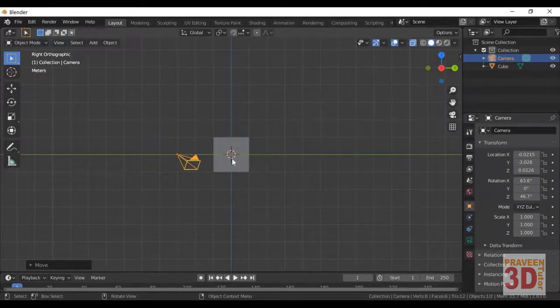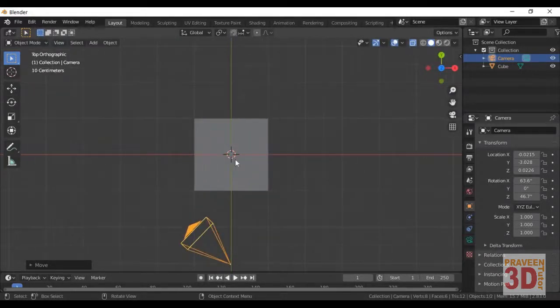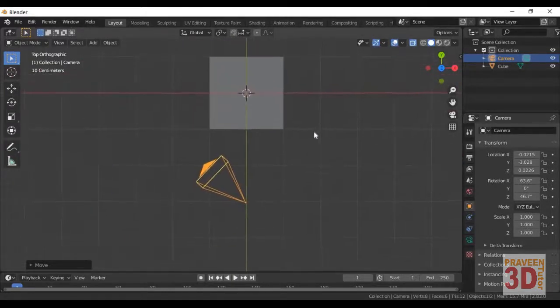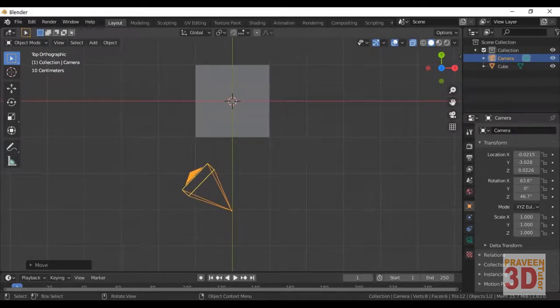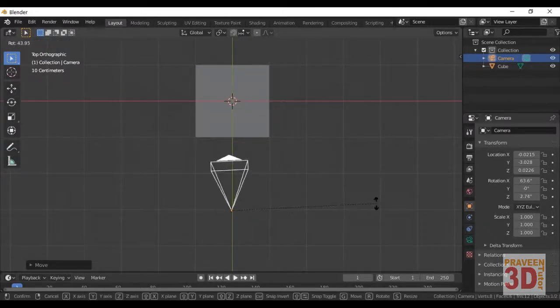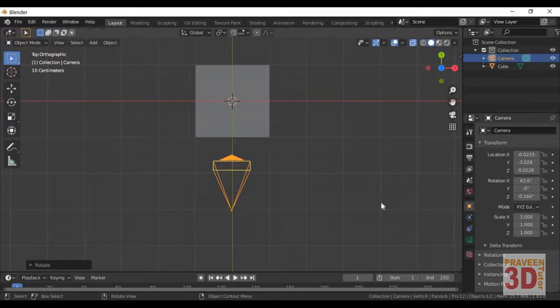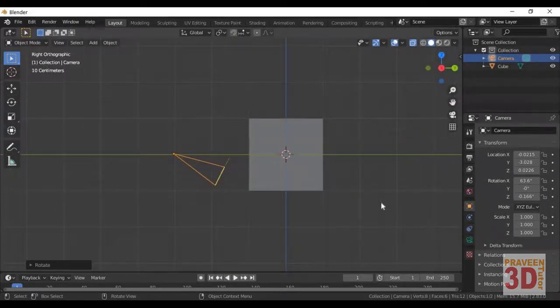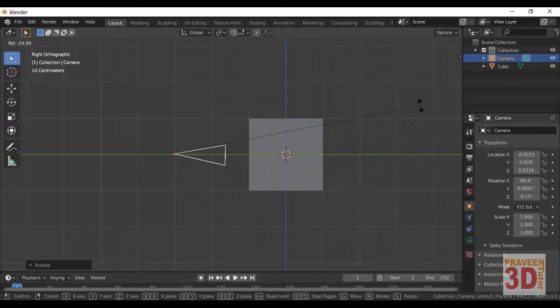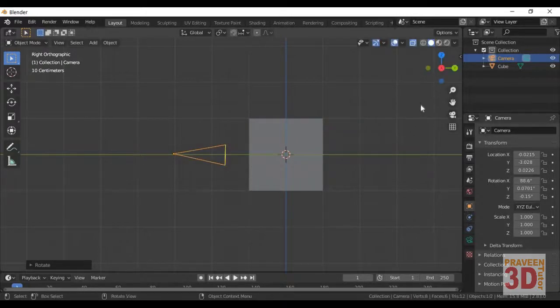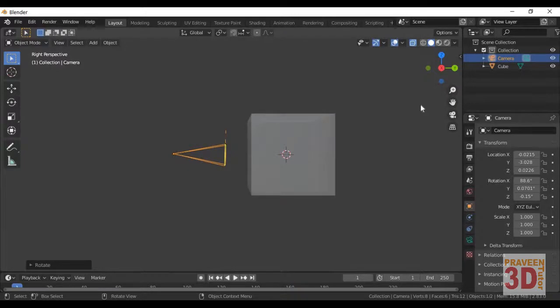Okay, now once again go to top view, zoom in a little bit so that you can see, press and hold shift alt so you can pan in your workspace. Then simply rotate it, guys, to center like this. You can see on the screen. Then press 3, once again rotation and rotate. Okay, so this will be our default camera. So we'll come out of orthographic view by pressing 5.